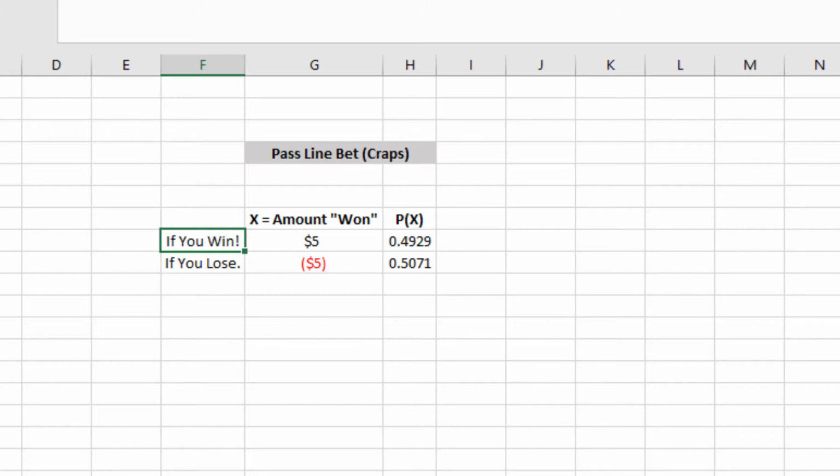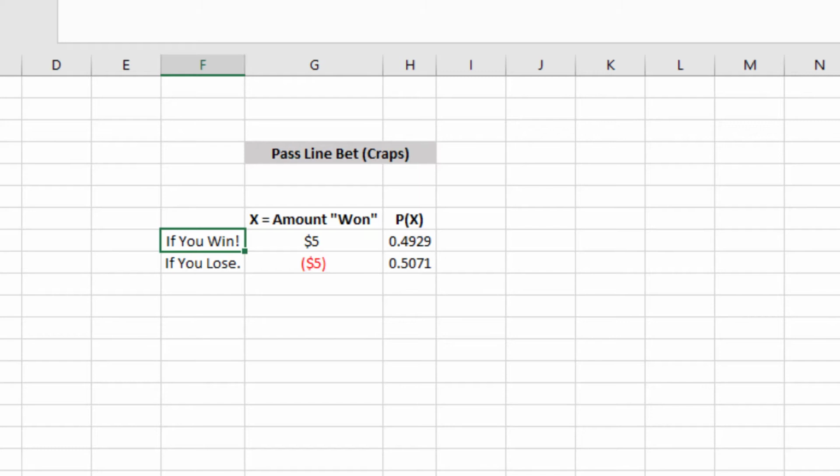I mentioned Lucky 7 in the last video, or maybe it was 2 videos ago. I don't remember. Lucky 7 is tied to the pass line bet because if you roll a 7 on the pass line bet, you automatically win. Like if you, on your first roll, it's on a come out roll of 7. If you roll a 7 on your first roll, you automatically win.